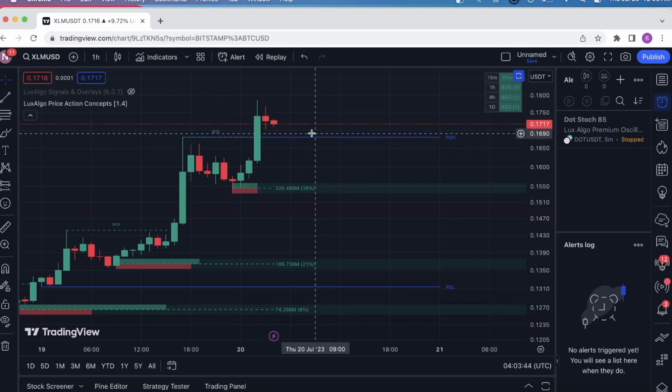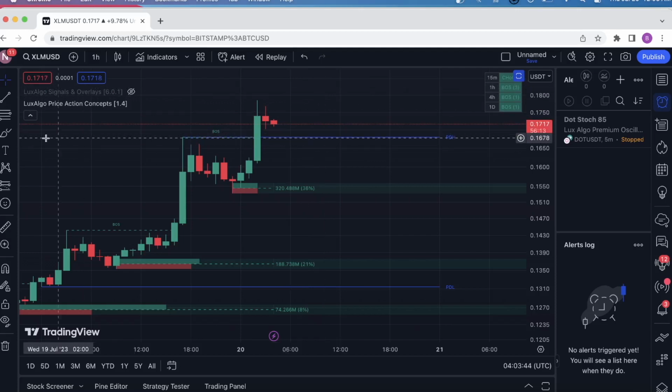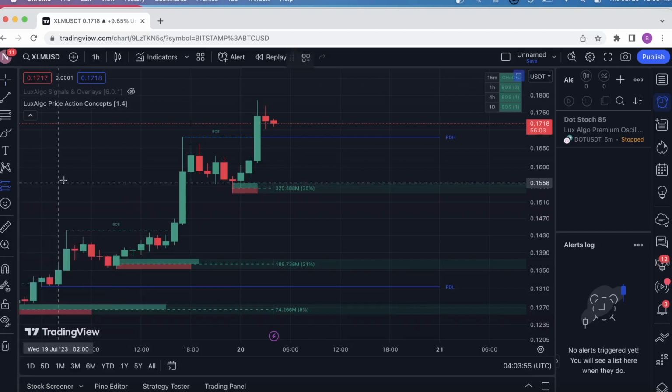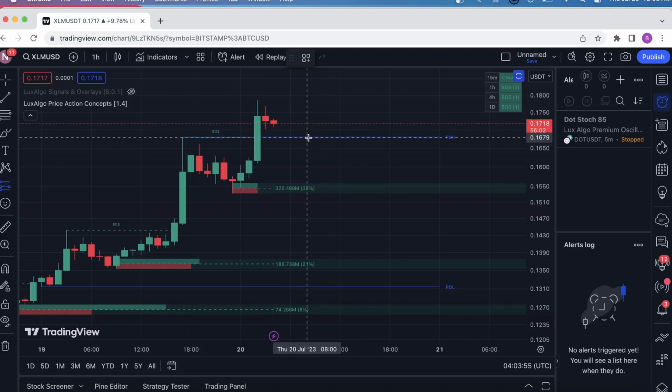We may continue our upward journey. Then I would enter a trade, or potentially enter a trade. We'll see how it looks. And if I'm even focused on the chart at the time, I could enter a long, and basically, say if I enter here,